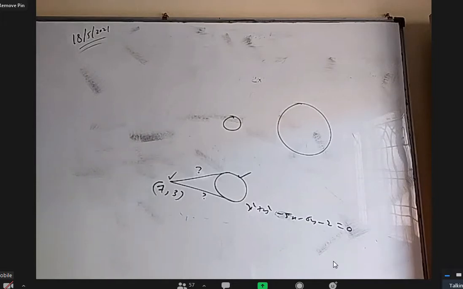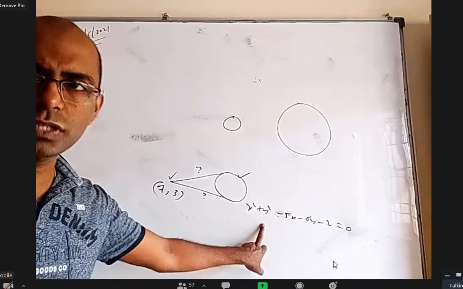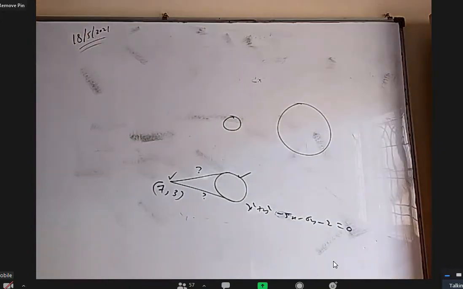We can find the slope of the tangents from y minus k equal to m into x minus h plus or minus r root over 1 plus m square. We want to take a general tangent to this circle: y plus f equal to m into x plus g plus or minus r root 1 plus m square. Whatever m you take, it's always a tangent to the circle. One should not use y equal to mx plus or minus r root 1 plus m square unless the center is the origin. Okay, that's good. Now how will you find m?